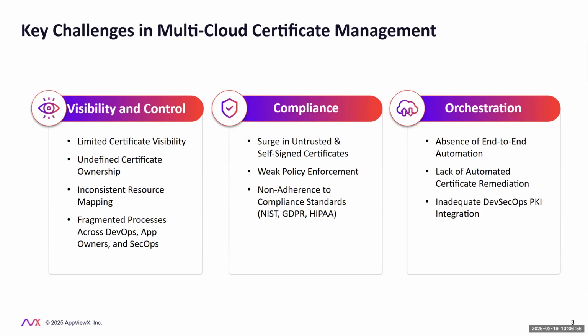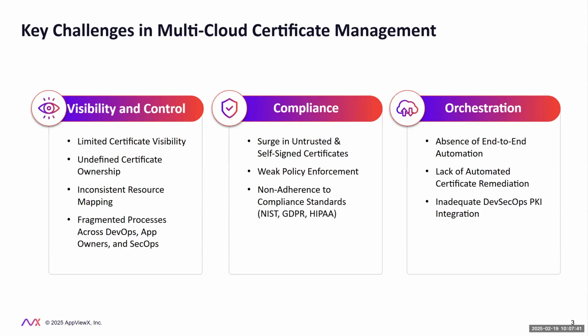In a single cloud environment, tracking certificates is relatively straightforward. But when it comes to a multi-cloud environment, where you have AWS, Azure, and GCP, they do have different management interfaces and policies, right? Without maintaining a unified view, managing the certificates is going to be very difficult, right? So managing multi-cloud certificates is like tracking inventory across a global retail chain, where each store speaks a different language, uses a different point of sale system, or has different inventory codes and reports them in a different format, right? You have thousands of items, but finding a specific one,